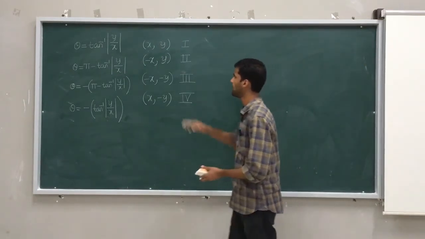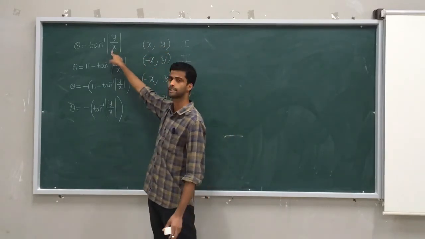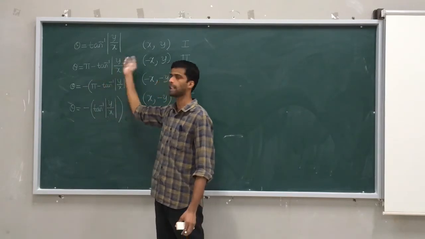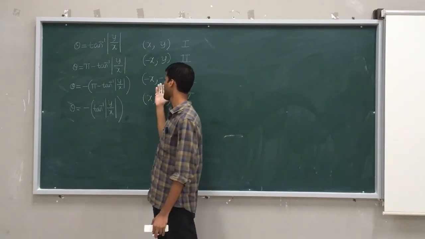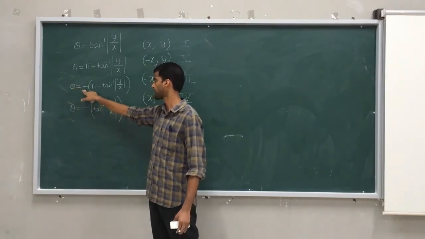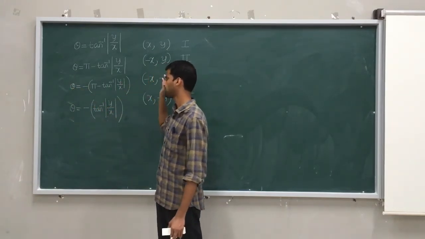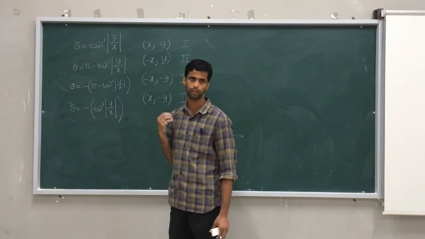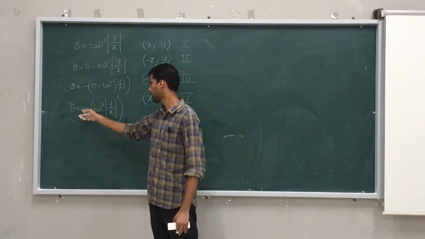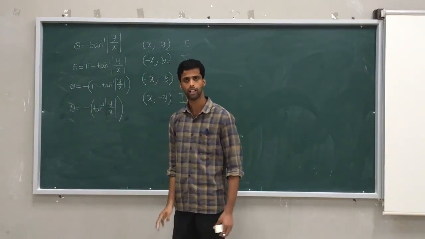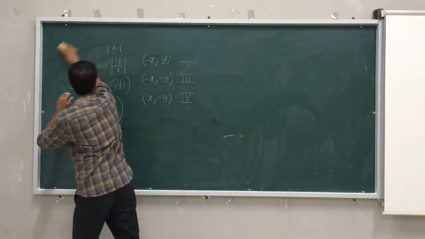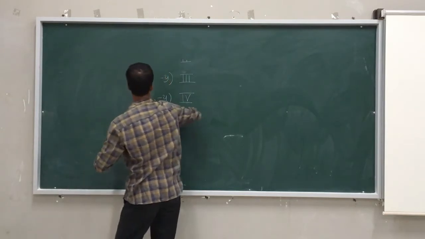So if you get to know the point lies in the first quadrant, theta is this. If the point lies in the second quadrant, theta is pi minus tan inverse of y by x. If x comma y lies in the third quadrant, theta is minus of pi minus tan inverse y by x. If x comma y comes in the fourth quadrant, theta, that is amplitude or argument, is given by minus of tan inverse of y by x. Okay, how to find y by x? That we will take step by step. Now we will discuss problems one by one.